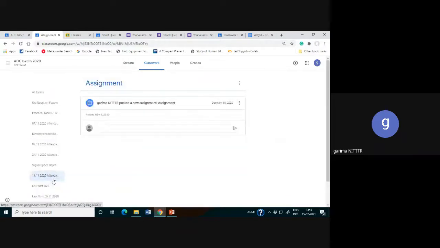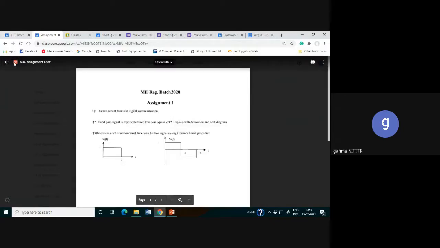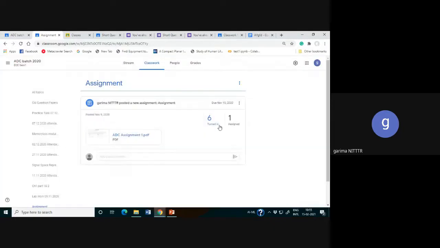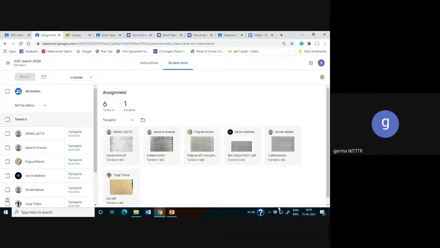I have given them these 3 questions, and those 3 questions were attempted by many of them. 6 have turned in, 1 has been assigned, 1 has not attempted. So whenever I click on that particular assignment, I get this particular page.